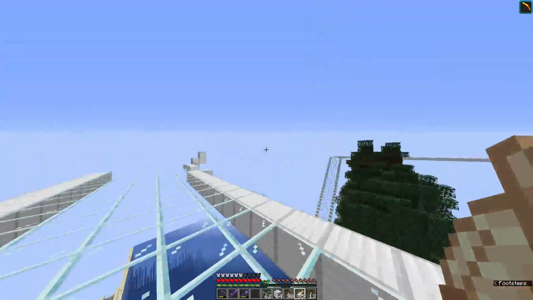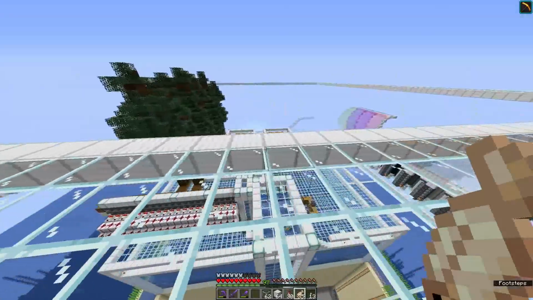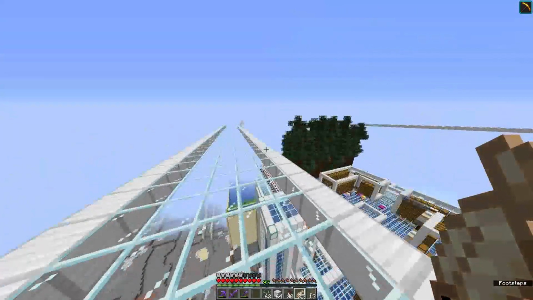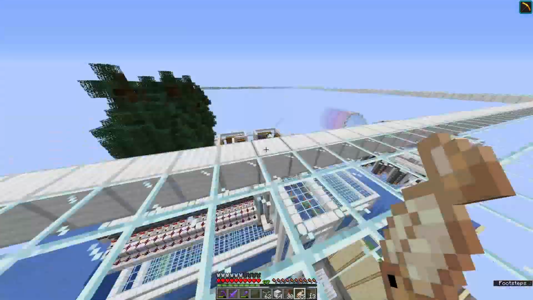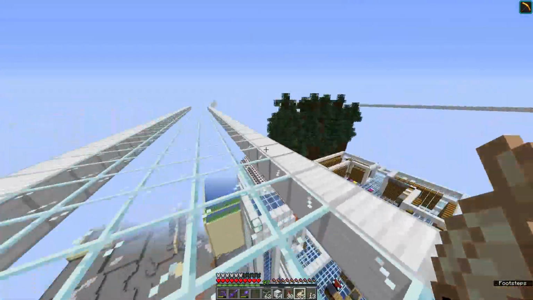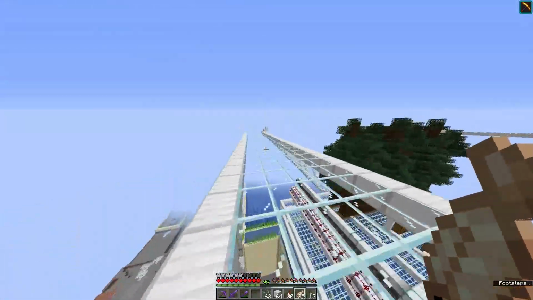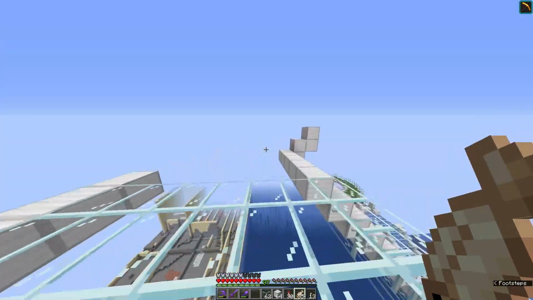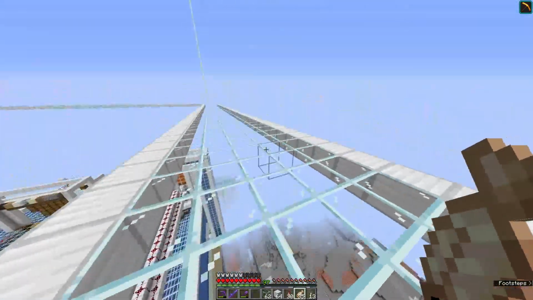I just want this to be like the framework to a larger complex of all kinds of cool areas, cool gadgets and gizmos and farms and stuff all over the place. But for that we need some sort of infrastructure. And I think the best way to start is to go from the inwards outwards. Especially since I don't really have a visual grasp yet on how large the actual structure around this base is